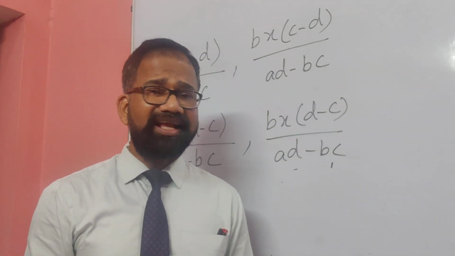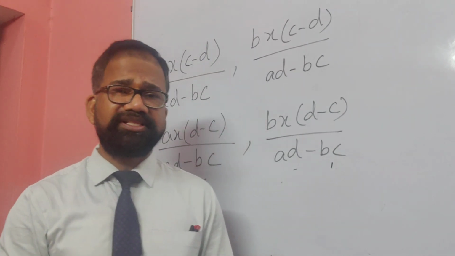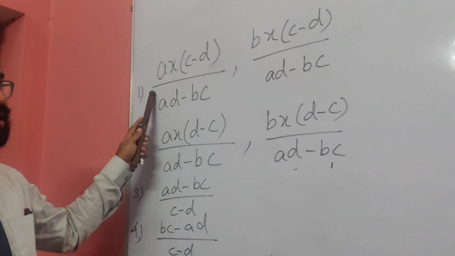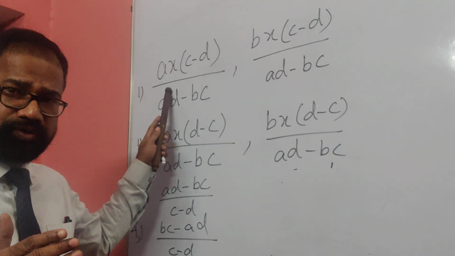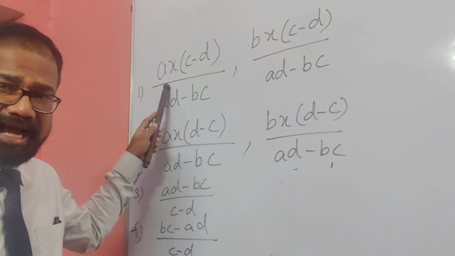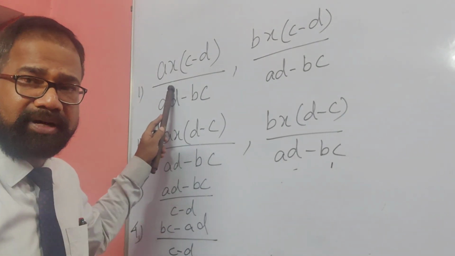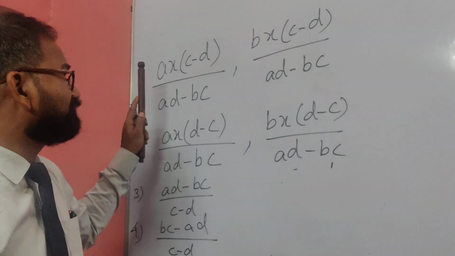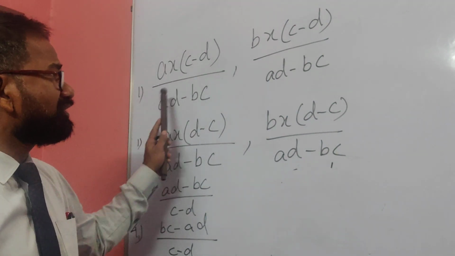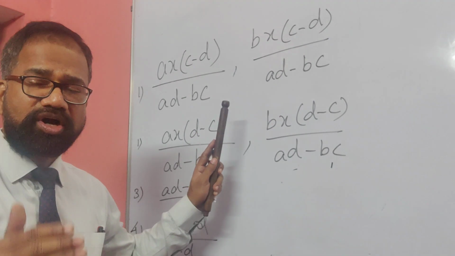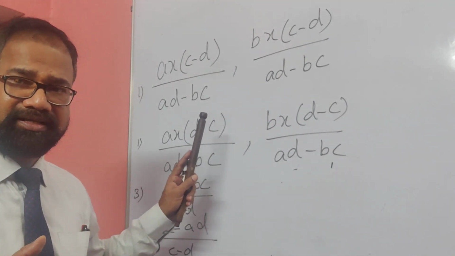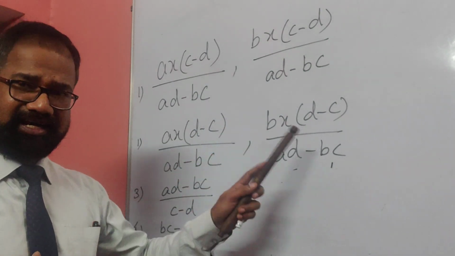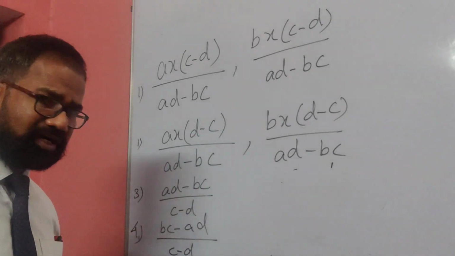Now, 4 short tricks I am giving you in this video. Number 1: if the ratio between two numbers is A upon B, and if X is added to these numbers, and the ratio becomes C ratio D, what are the two numbers? This is the first number, this is the second number. If I say what should be subtracted from these so that the ratio becomes C ratio D, this is the first number, this is the second number. Total 4 concepts I am giving you.